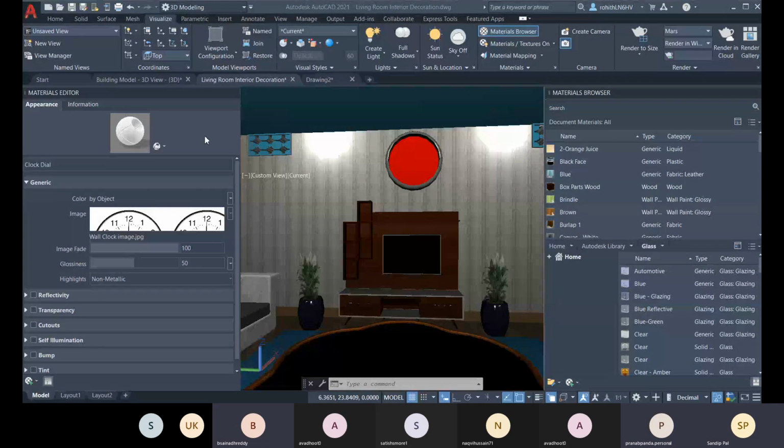For this, you have to study about the colors and about the light. For each and every light, there are different illumination factors. But for the modeling purpose, you can just apply it.